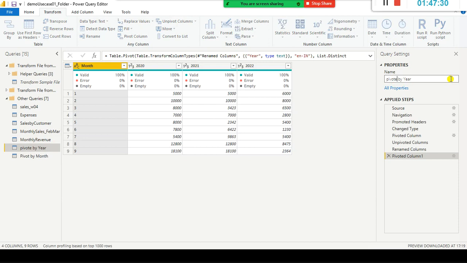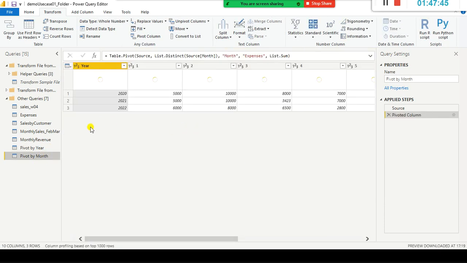You can rename it here also. There is a spelling mistake here. Pivot by year. We are done with this. Pivot by year, pivot by month. So you have two different queries, but each query has a different format in it.